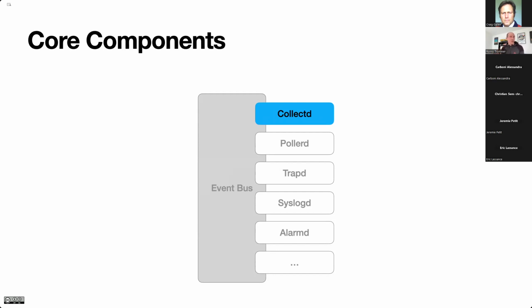Besides collecting the performance metrics, Collectd also does something like thresholding. For example, you want to apply a basic thresholding on a metric, like disk usage: you want to create an event when the disk gets full, or when the bandwidth of a network interface is going to exceed.